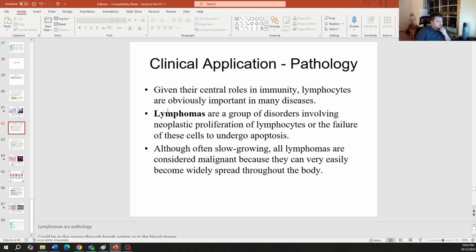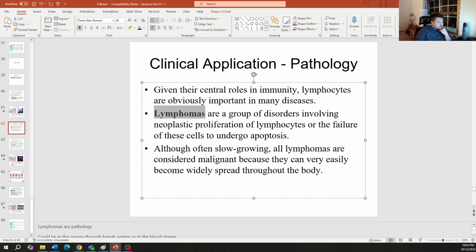There is a condition called a lymphoma. This is a cancer. You'll learn lots and lots about lymphomas in the future. But these are essentially when we get a cancer of our white blood cells. So the white blood cells that are dividing fail to undergo apoptosis when they are not up to snuff. The white blood cells that should recognize that there's an issue with them should just get broken down,